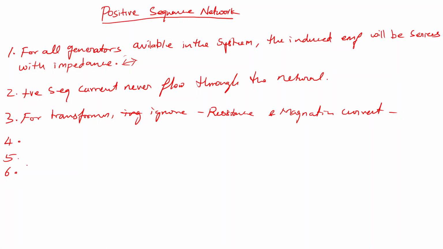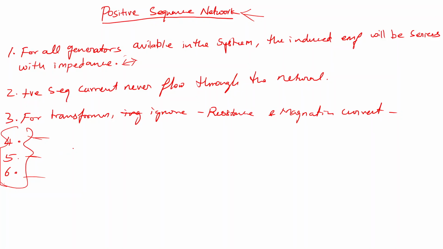So these are all the points we need to consider when drawing the positive sequence network for any equipment in the transmission system or power system. These are all the points you need to understand. Don't worry, these points are given in the handwritten notes. I'll give it, or in the video uploaded on YouTube you can recall what I said with my handwritten notes.